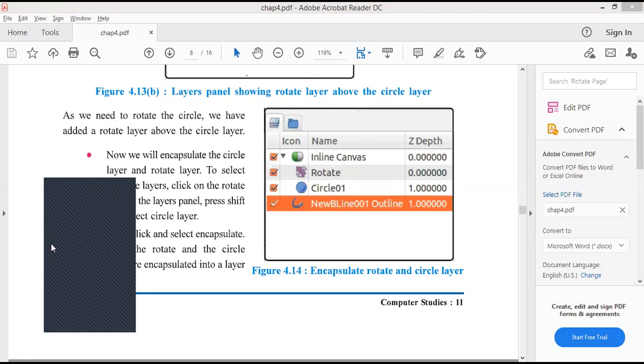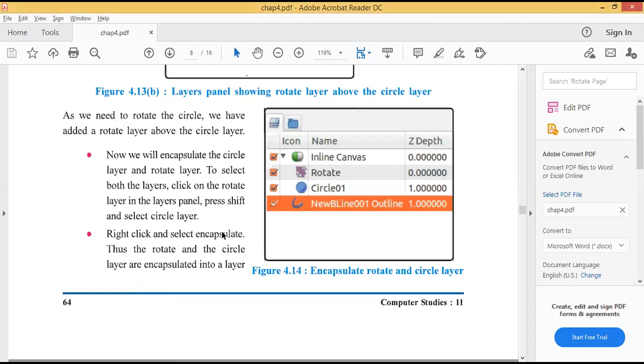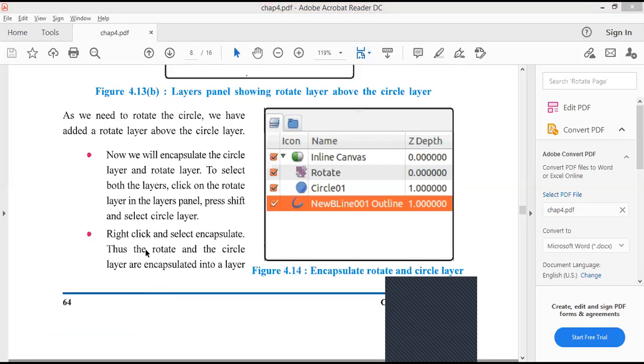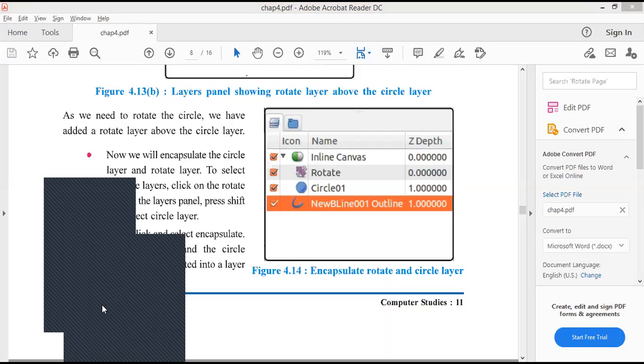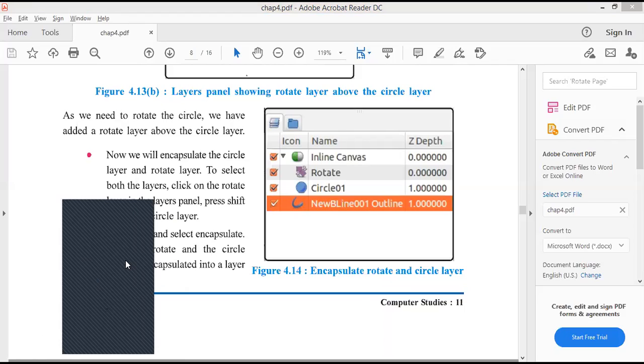Right click, encapsulate it. See, right click and select encapsulate. Same step we are going to do here. Right click, encapsulate. See, this encapsulate has come here.